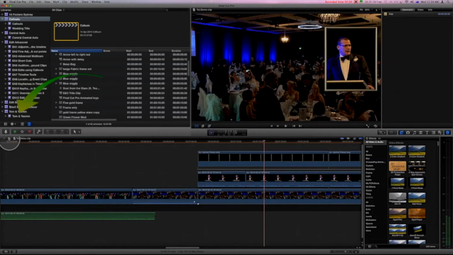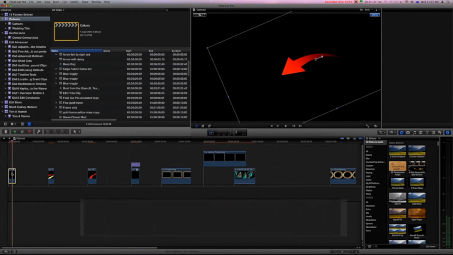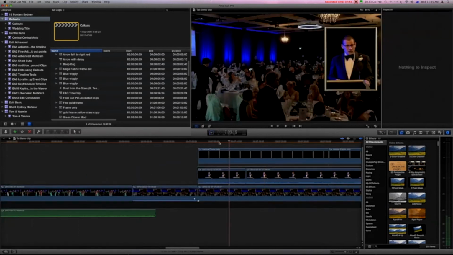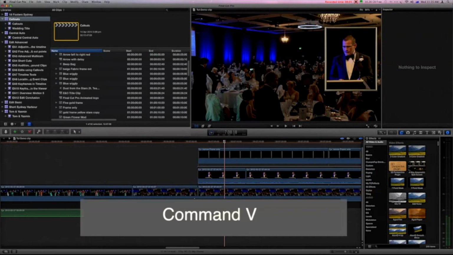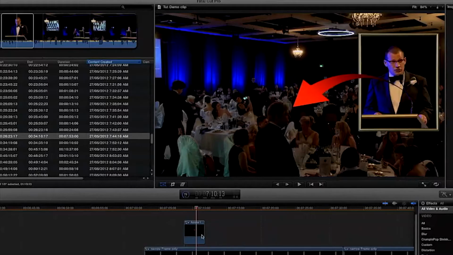Let's go to the callouts, and there's an arrow animation. Let's use this one here. So we will copy that, come back to our tutorial, and if we look in here we will see that there is someone here with a mobile phone taking pictures. So let's point them out, and we'll simply paste the arrow into that location, and you'll see that it needs